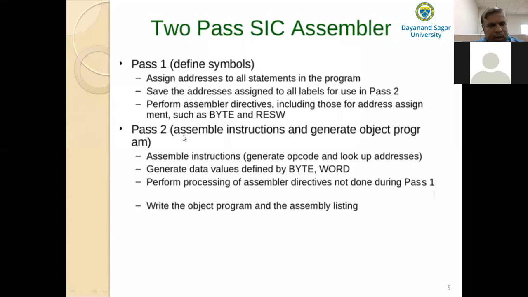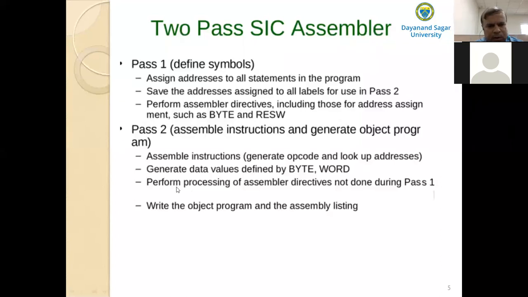The detailed function of pass 2 is mentioned here. The first step is to assemble the instructions, that means generate the opcode for the mnemonic and look up addresses. Then generate the data values defined by BYTE and WORD, that means convert the data constants into internal machine representation.